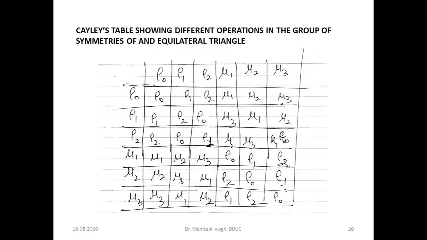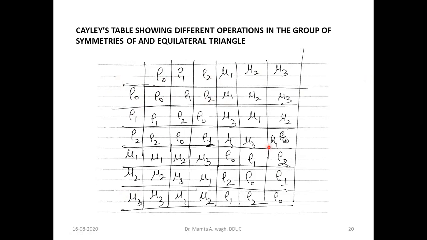Now, like we considered in the square case, similarly here we are making a Cayley table to study that group in detail. So let us write all these rotations here: rho 0, rho 1, rho 2, mu1, mu2, mu3, and row wise also all the elements. Then we are composing all these elements. So rho 0 combining with all these will give no change, because rho 0 is a 0-degree rotation. That means your rho 0 works as the identity element.